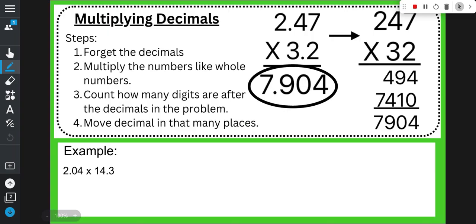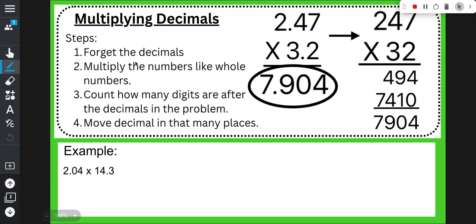For the first part, we're going to talk about multiplying decimals. Your very first step in multiplying decimals is to forget about the decimal. So we're going to convert 2.47 to 247. We're going to convert 3.2 to 32. Then we're going to multiply as if these were whole numbers. Once we multiply them, we add our partial products together and we get